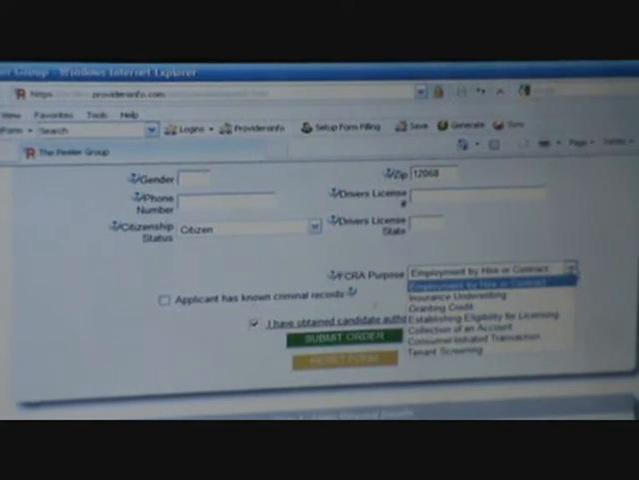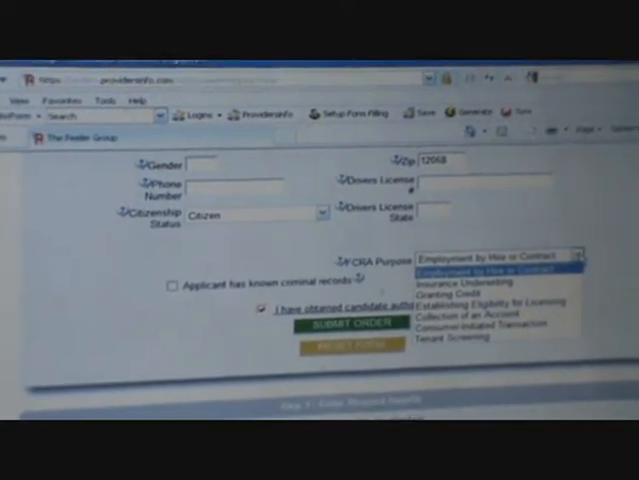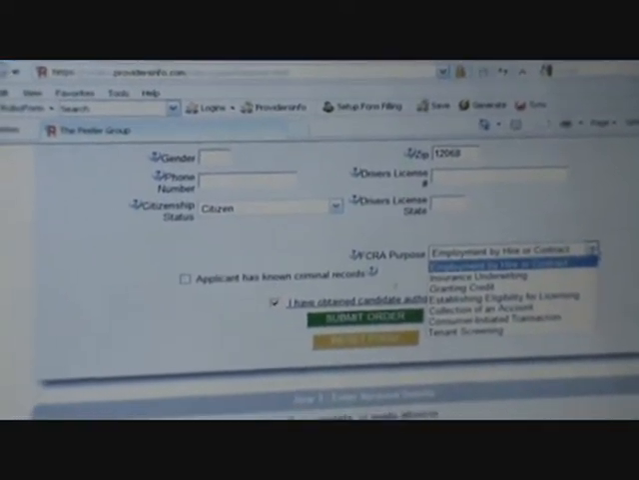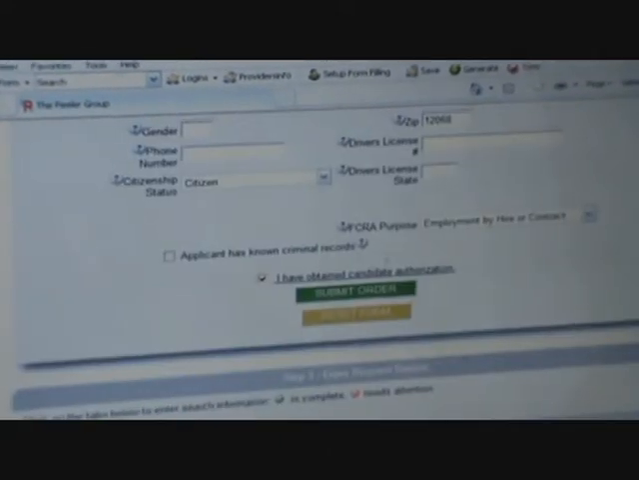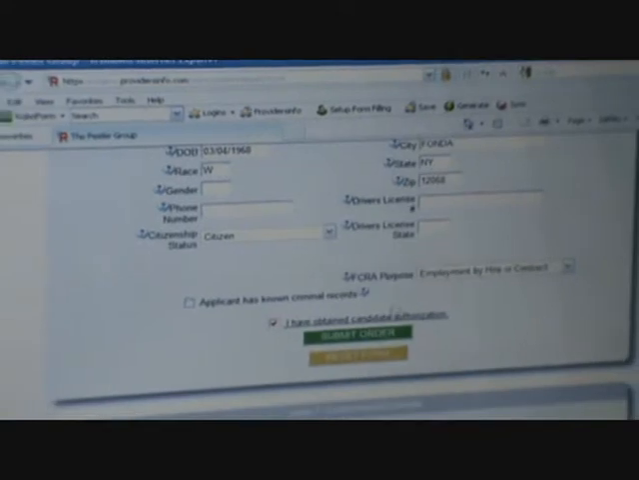There's different reasons for doing a background check. In most cases with the carnival industry, it's for employment or hire by contract. If you want to set up different parameters here for billing identifiers, if it's a show and they want to set up a billing identifier for one of their concessionaires, they can simply do that by coming into this area here, so they can keep records as to who they did background checks for. And once you hit submit,